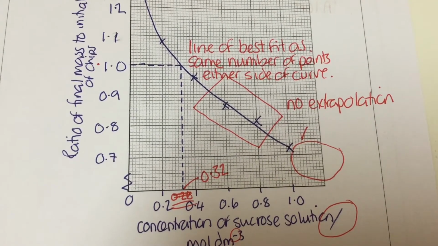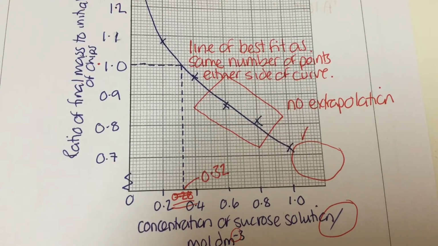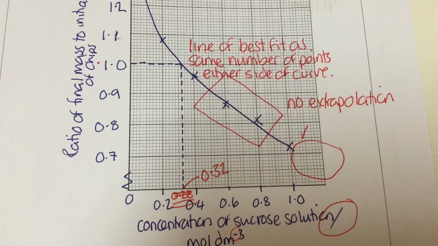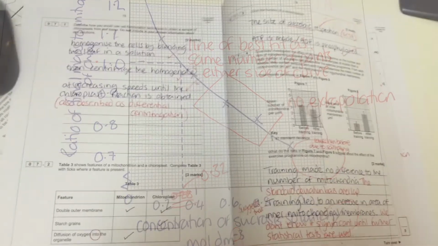That just shows exactly how easy it is to make a mistake, but it also pushes the point that when you think you've finished at the end of an exam, it's definitely the kind of thing you can put on your checklist to go back through and check any readings on graphs.